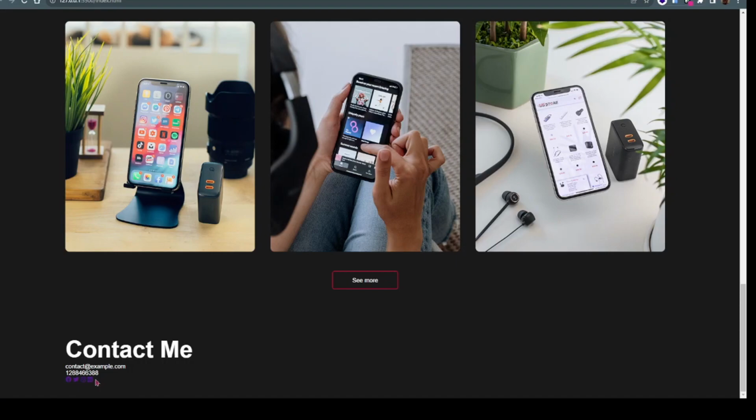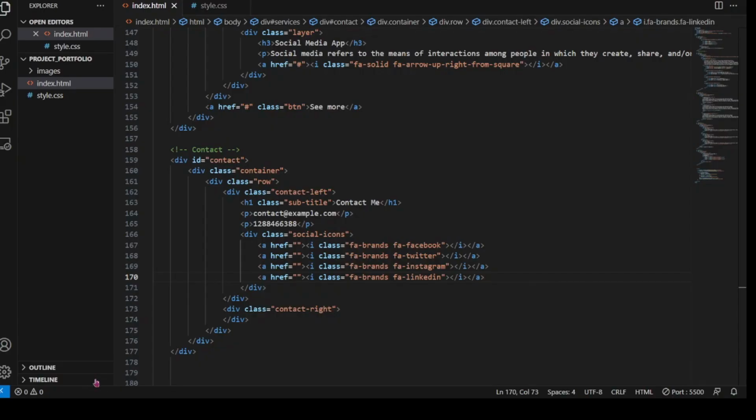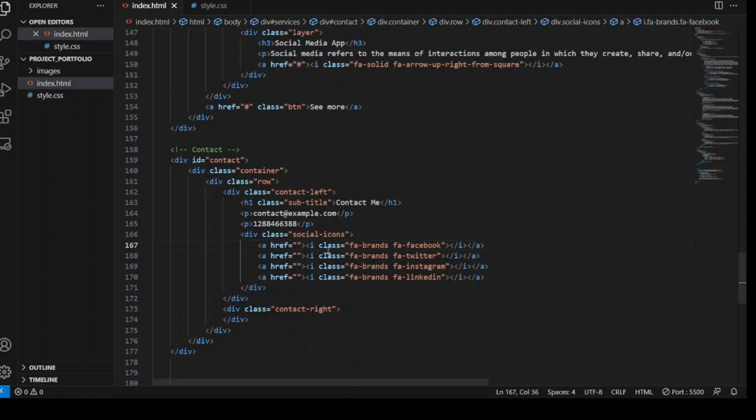After adding this, let's come back to the CSS to style the icons. You can add a link to this icon for whatever social media, like